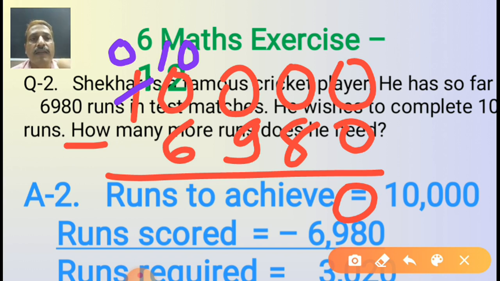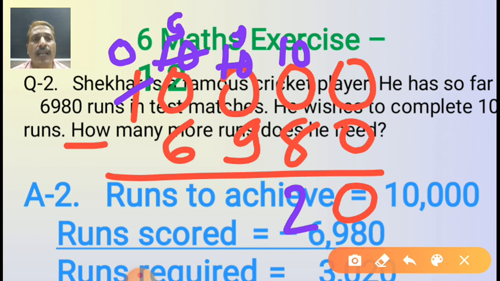Now this thousands place gives 1000 to the previous one. So out of 10 minus 1, that means it is having 9 only now. Now this is having 10. Yes, 10 hundreds are there. So out of 10 hundreds, 100 gives to the tens place. That means here is the 9. And then the tens place is having the 10. Yes. Now it is possible: 10 minus 8 will give you a 2. 9 minus 9 will give you a 0. 9 minus 6 will give you a 3. And 0 minus 0 is always 0. So here is your answer.